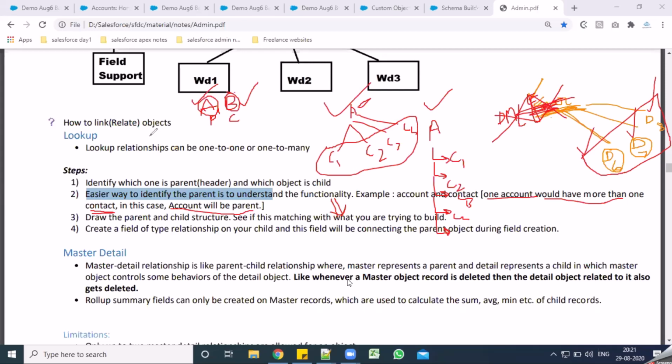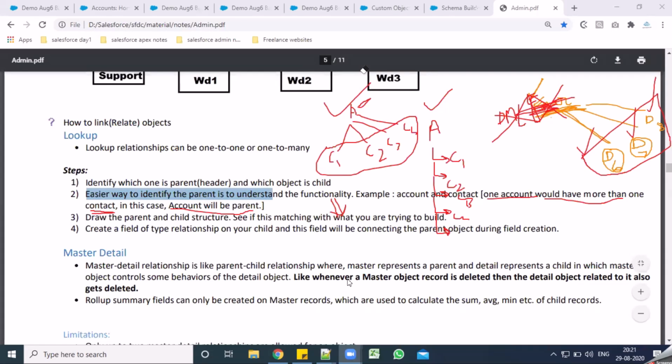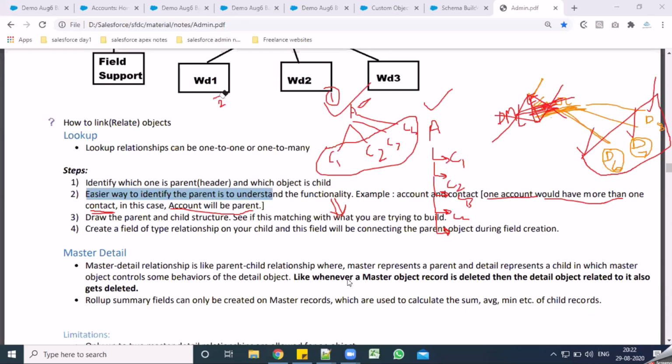If you ask me to draw a diagram which is not matching the requirement, given two objects I can come up with two diagrams. One is the one I'm already showing you. The second diagram is where I create a contact for which I have multiple accounts: account 1, account 2, account 3, and so on.